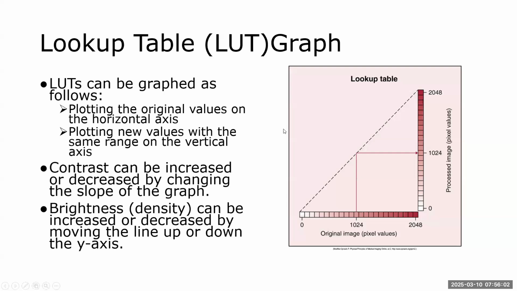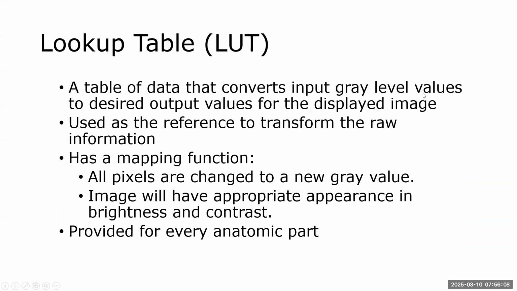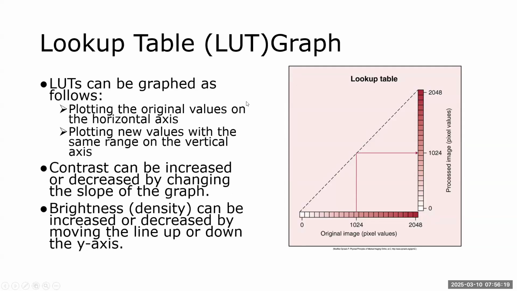So it's taking the input gray level values that we give it, and it's changing them to the desired output values so that it displays appropriately. And that's done with